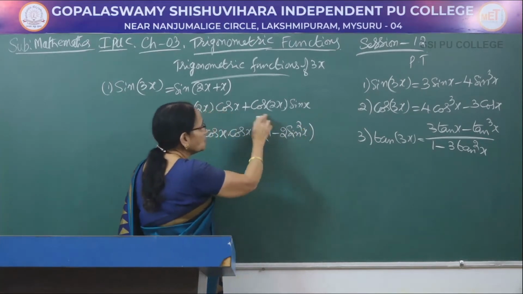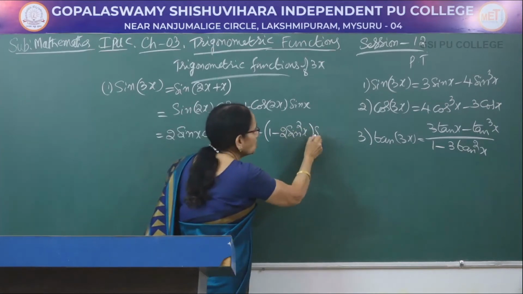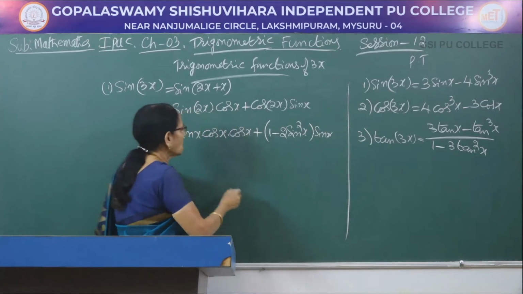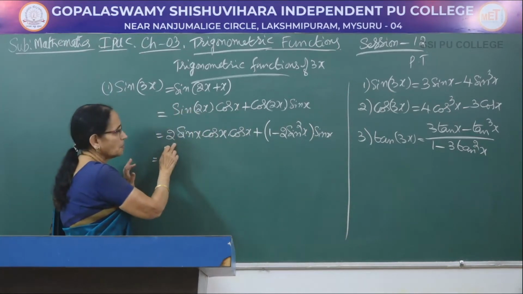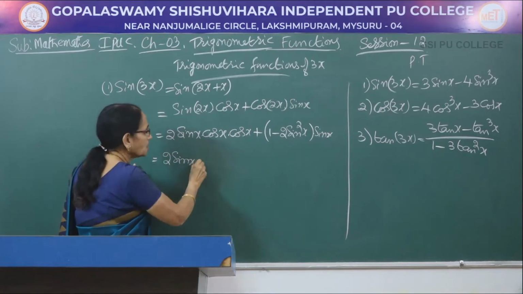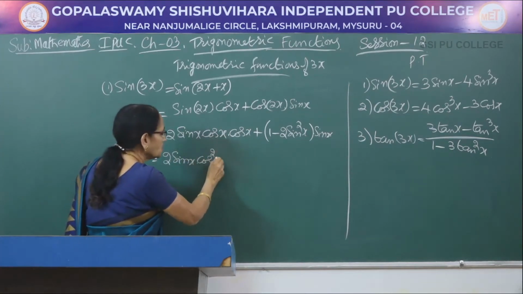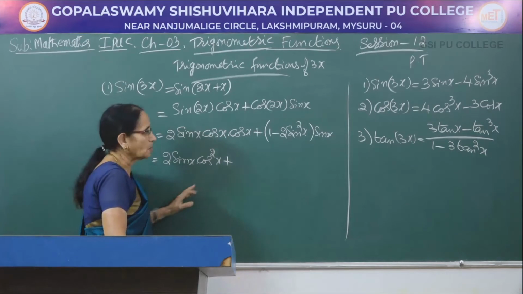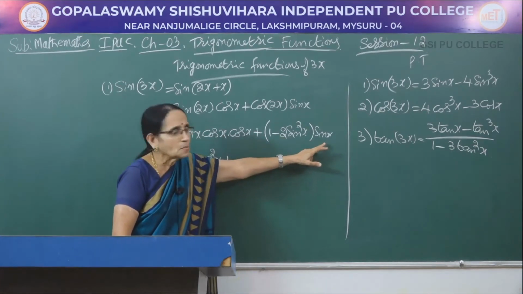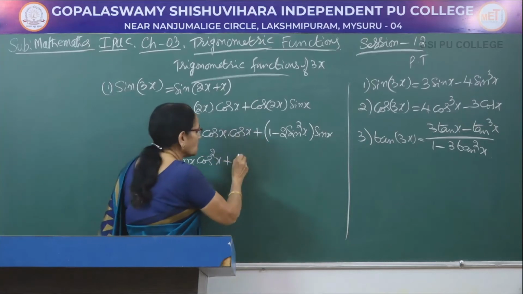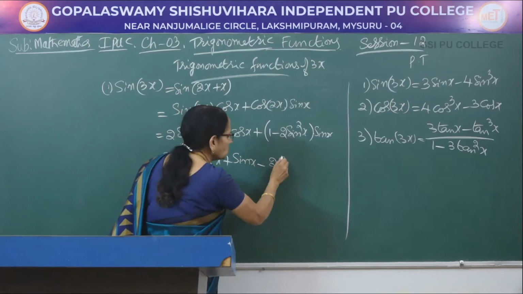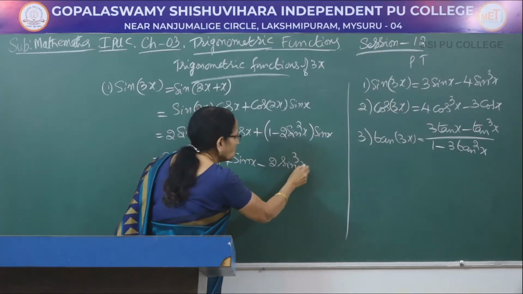Right, inside the bracket we have got two terms here, into this sin x I am writing. Okay. Now first let me multiply this one. 2 sin x into cos x into cos x is cos square x. Remember, there are two terms here. Multiply both of them by the number which is outside. So 1 into sin x minus 2 sin square x into sin x becomes 2 sin cube x.